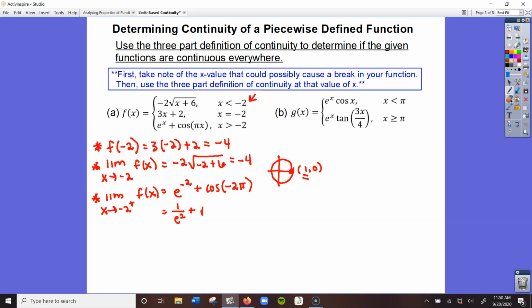So now I get that the limit from the right is 1 over e squared plus 1, which is obviously not equal to the limit from the left, which is -4. Therefore, since this limit does not exist, that means that the function is not continuous at x equals -2. So we would state f of x is not continuous